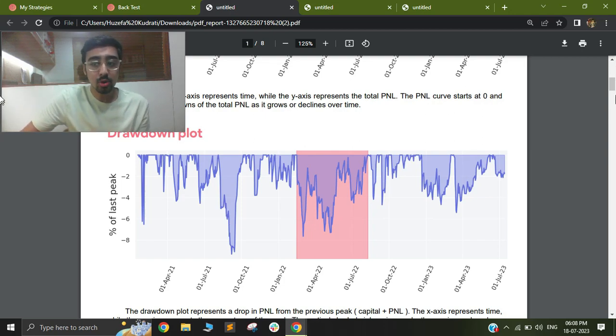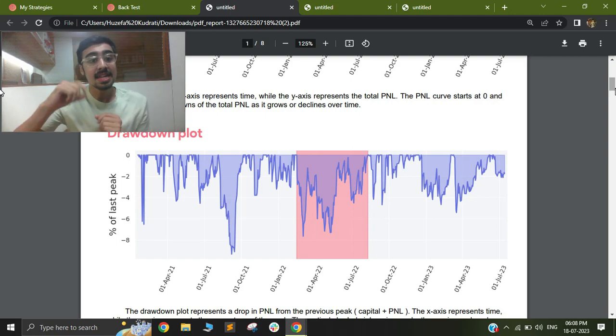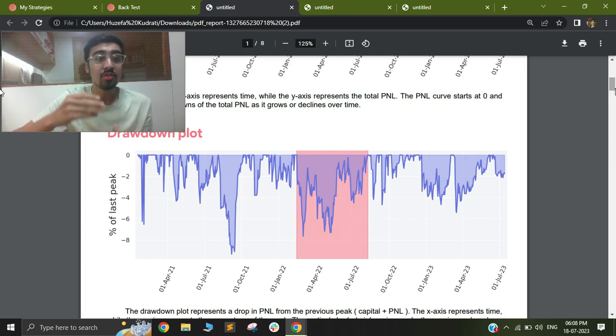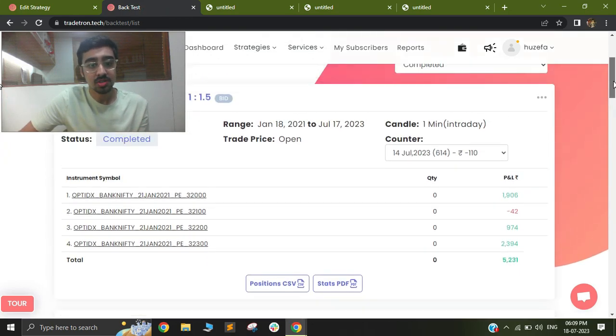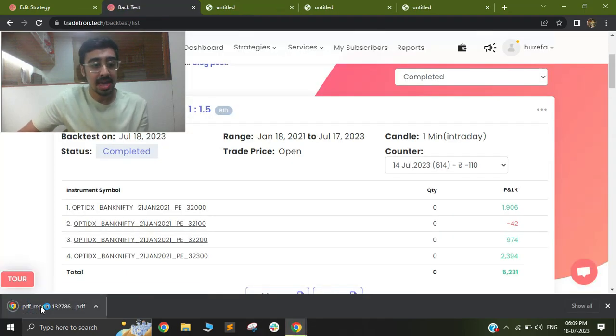Now, by doing this, I can take this one step even further. Previously, I was looking at a target of 20 points. Let's see what happens if I further reduce my target. Instead of 20 points, if I make it 15 points, which means I'm looking at an RR of 1.5. Previously, I was looking at an RR of 2. Now let's see what happens if I look at an RR of 1.5. If I go to the strategy where I'm looking at 1.5 and download the PDF for that, I'll be able to see that